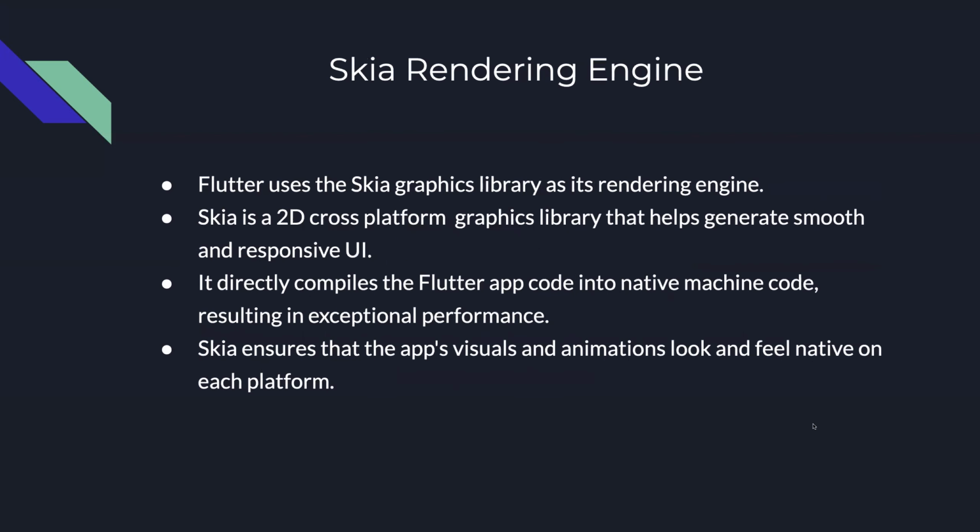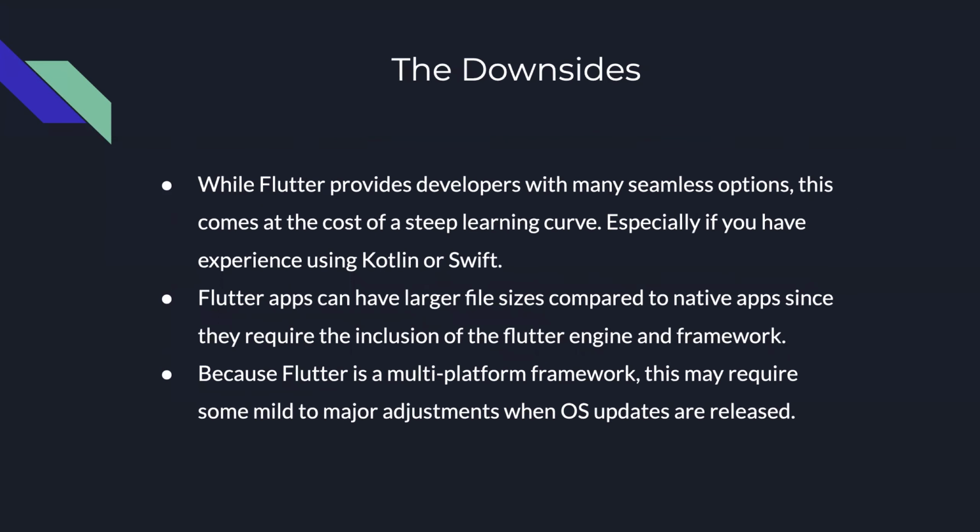The Skia rendering engine is a 2D cross-platform graphics library that helps generate a smooth and responsive user interface. So what this means is it makes it pretty much look good on your iPhone and your Android. It looks like an Android app and it looks like an iPhone app. That's pretty much what Skia will do. And as for the downsides,